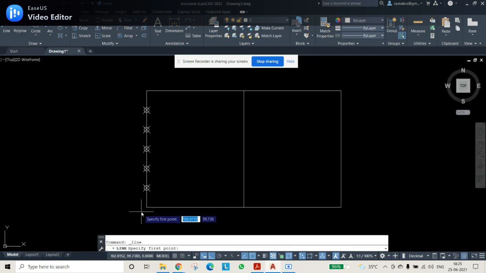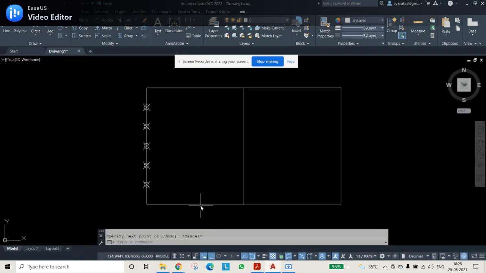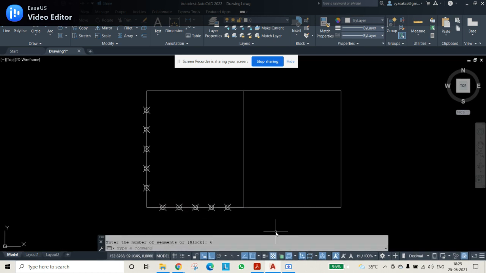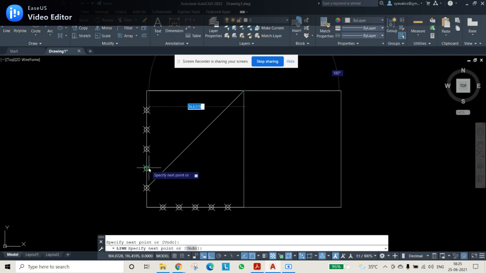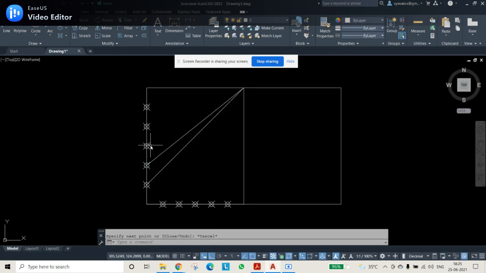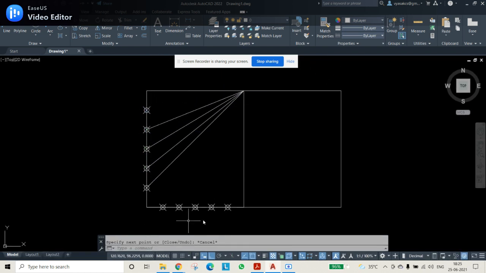That means the line is a bigger line, so I am drawing another line from here to here like this, and I am using the DIV command, and select the line and give the same number, that is 6 equal parts. Then use the line command and join all these points like this. Whatever points are obtained, you can give names like 1 dash, 2 dash, 3 dash, 4 dash, 5 dash, and the bottom line says 1, 2, 3, 4, 5. In that way you can give.